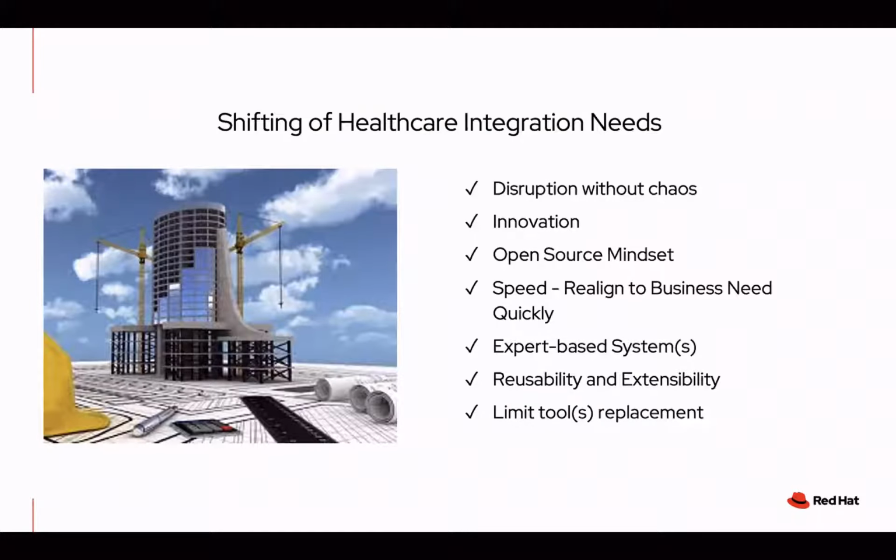If you think about open source, it's all about more than one helping you solve a problem. Expert-based systems are the same thing. How do I build things so that I don't have to go back and rebuild, recompile, re-engineer my code constantly? How do I take the best that the industry has to offer and inject that into what I'm doing?